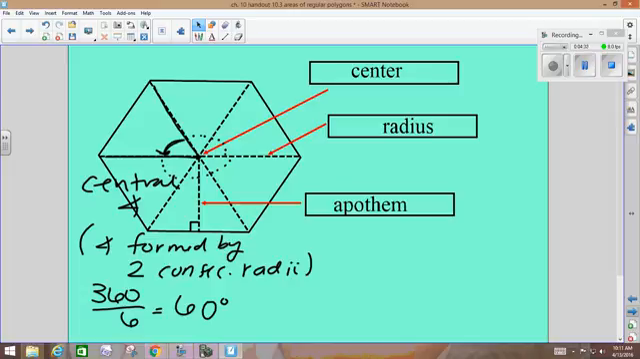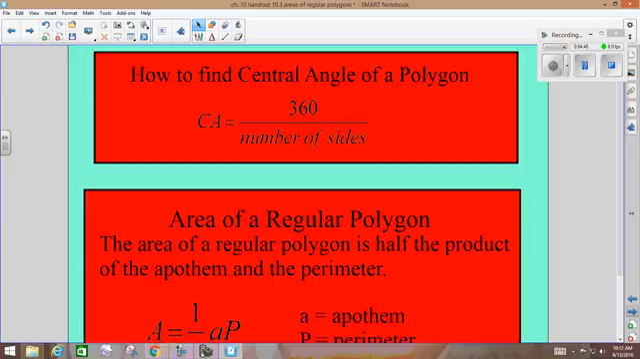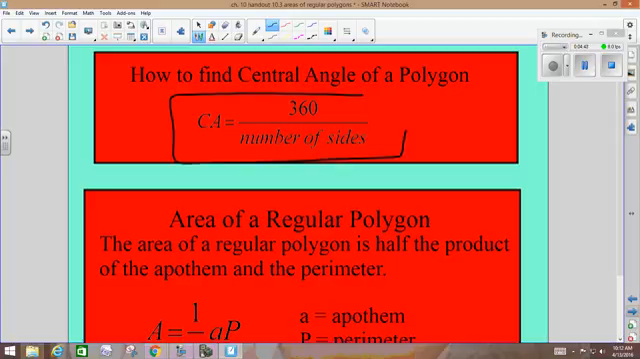Today, your polygons are regular polygons. All the angles and sides are congruent. The central angles are congruent. The apothems will be congruent. Right? You should see right below this picture how to find the central angle measure: 360 divided by the number of sides. And below that would be